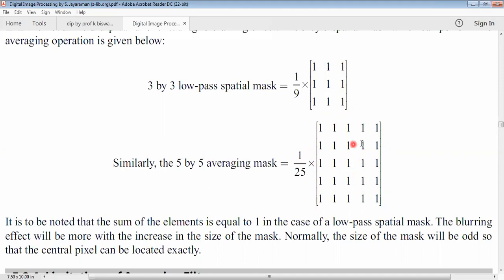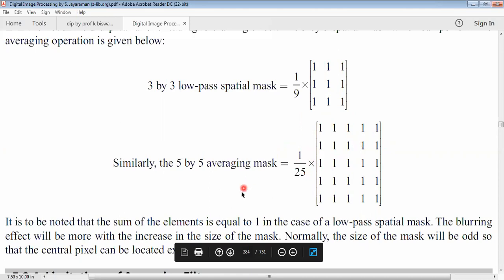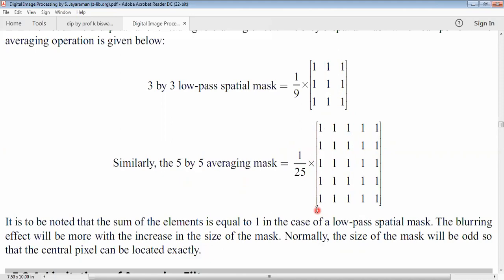These are all neighborhood pixels, connected in the first row and second row. What is the size 5 into 5? You are going to get 25, all ones. Even if you want to take 7 by 7, 7 into 7, we are going to get 49, and all are ones. If we add all these ones, we are going to get 9 again. If we add all